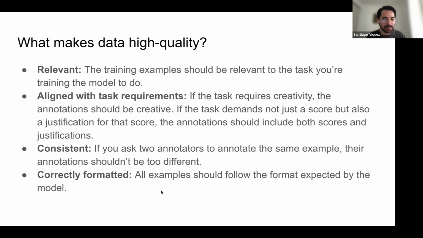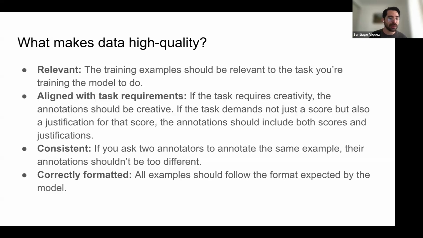This can mean, for example, that if your model only accepts a specific tokenizer, then during pre-processing you should tokenize your data in that way.